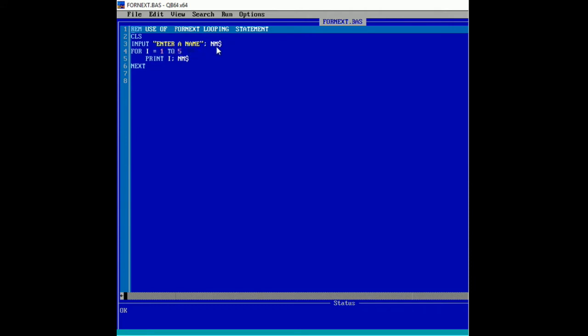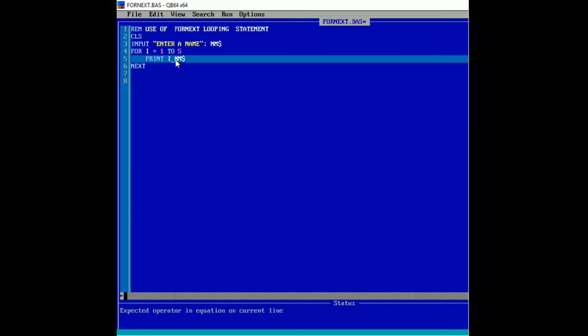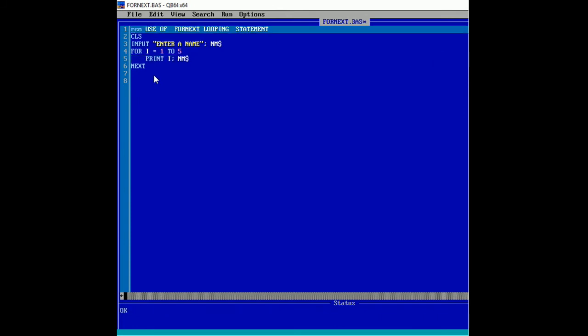Enter a name in the nm variable. Now for I equals 1 to 5, print I and nm. That means the loop will be run from 1 to 5. So let us see the output.